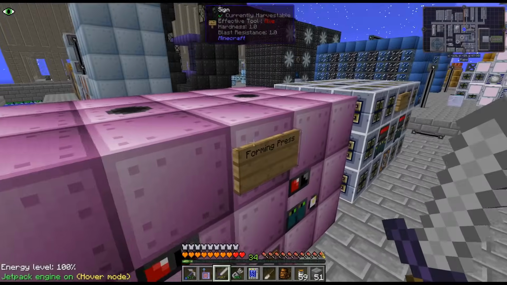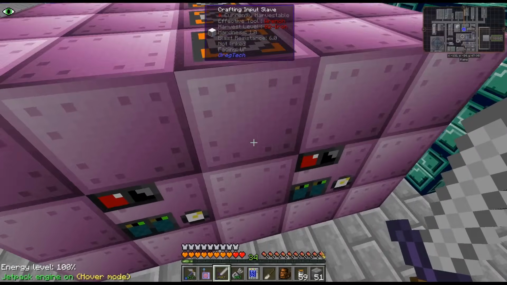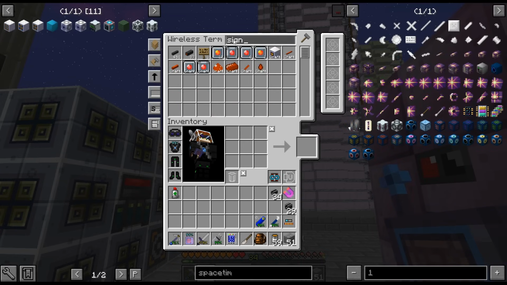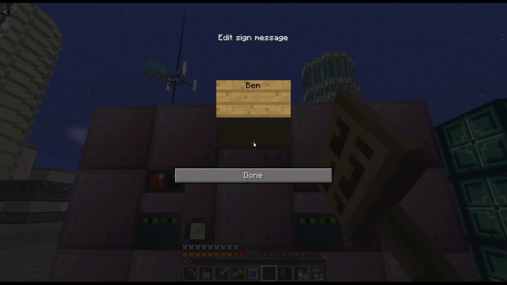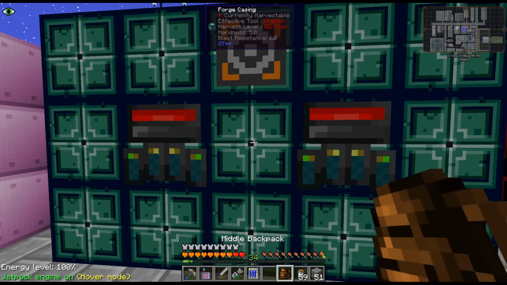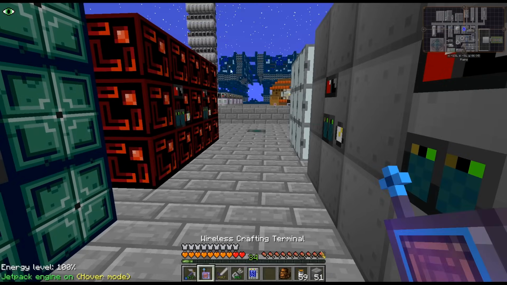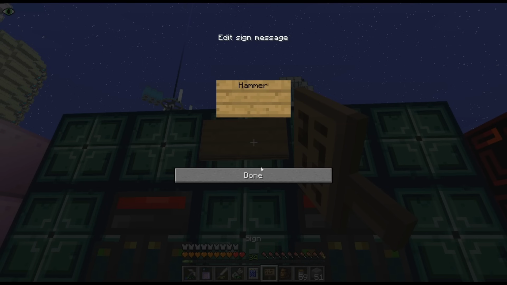We got wire mill, we got our forming press for optical circuits, we got autoclave for those stars. We have, this is the new bending press. So, bending. I may need to throw some more of those things on there. We got our hammer over here. So, yeah, we have spent quite a bit of time improving the base. Just kind of getting us ready for the...